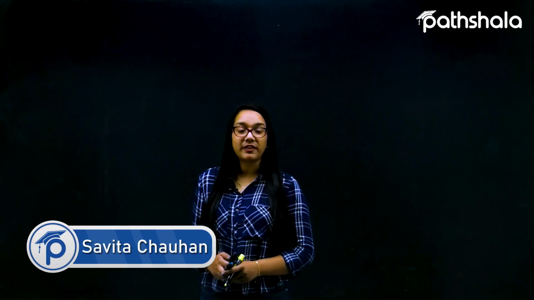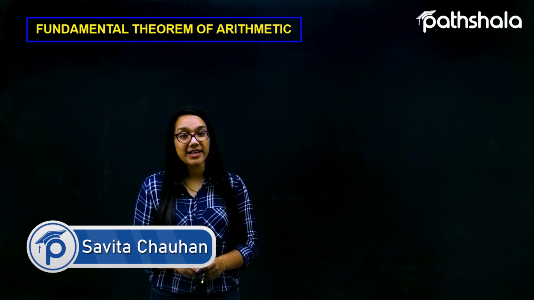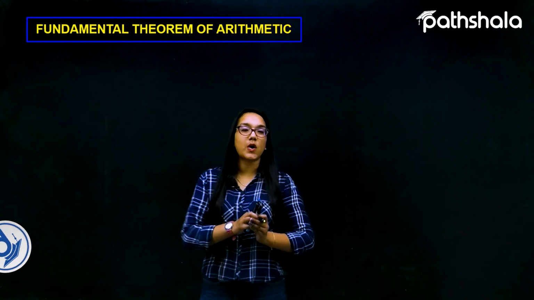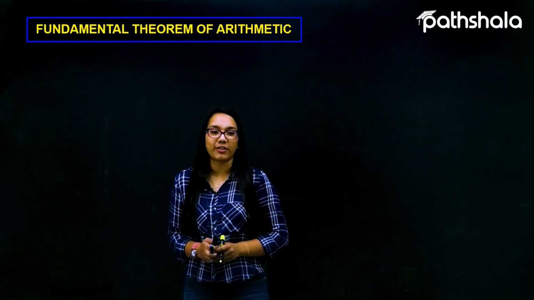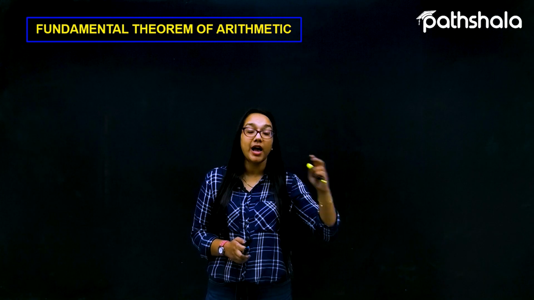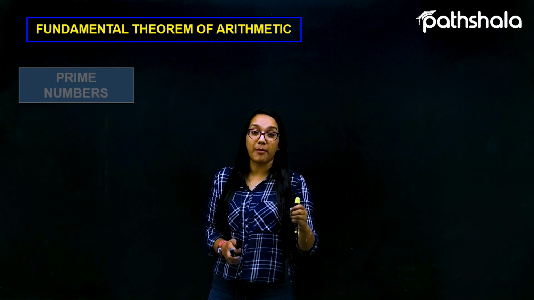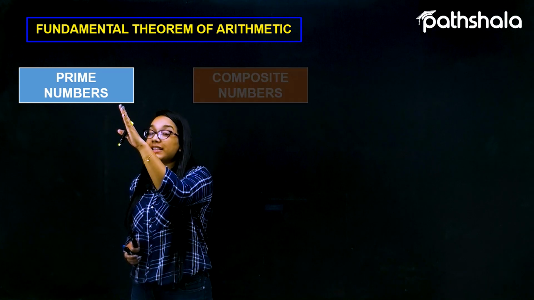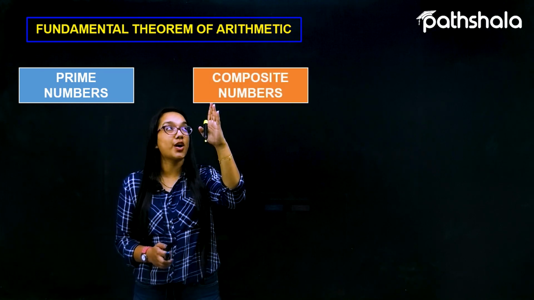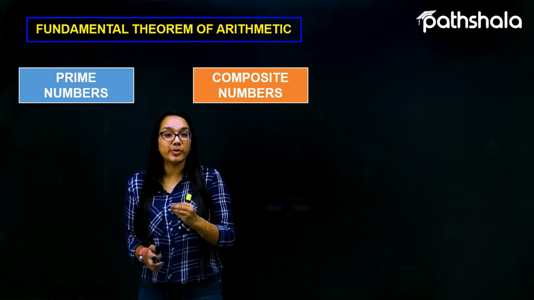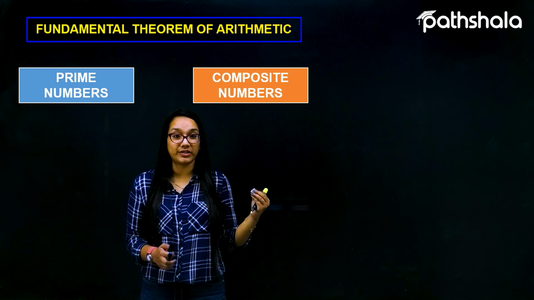Let's talk about another concept in the chapter Real Numbers, which is called the fundamental theorem of arithmetic. But before starting it, we are discussing two important kinds of numbers. The very first are the prime numbers, and the second type are the composite numbers. We do know about prime numbers and composite numbers,